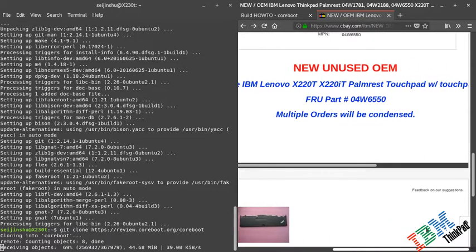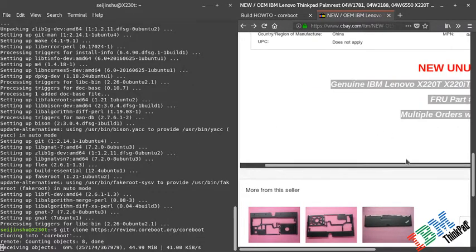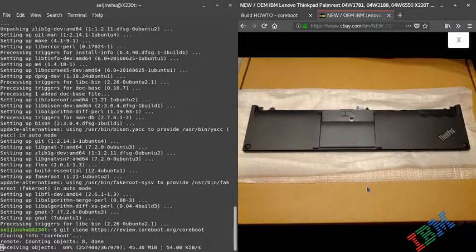And it says genuine. And it has the touchpad. For $25, you don't get much worse than that. My palm rest currently doesn't have these two little holding pad things here and here. My palm rest sucks, but